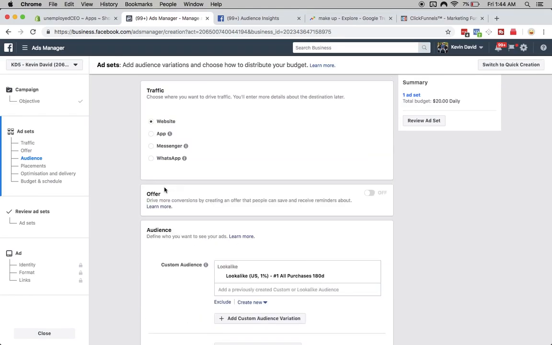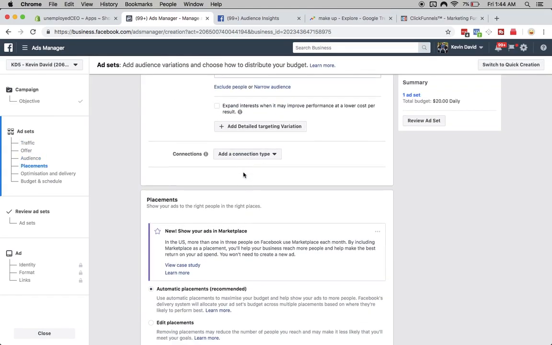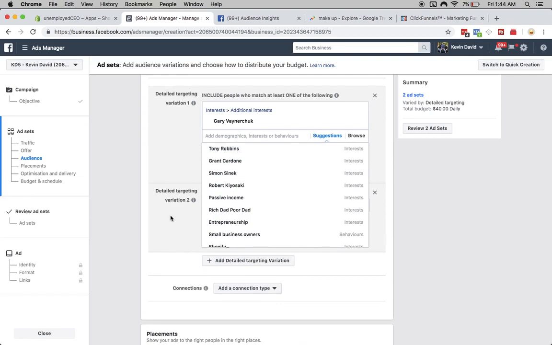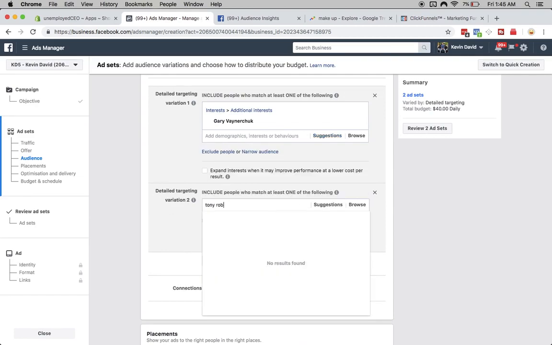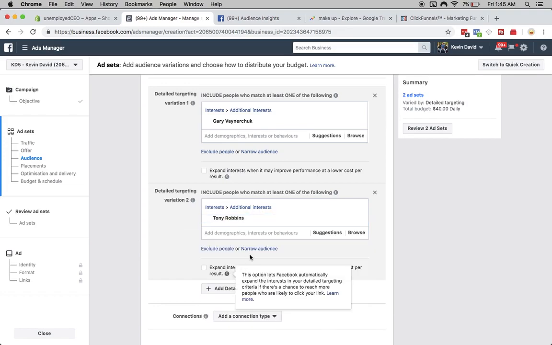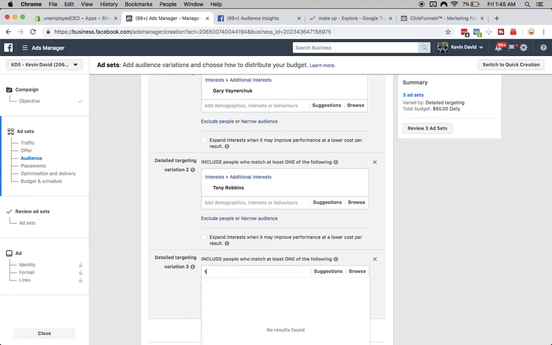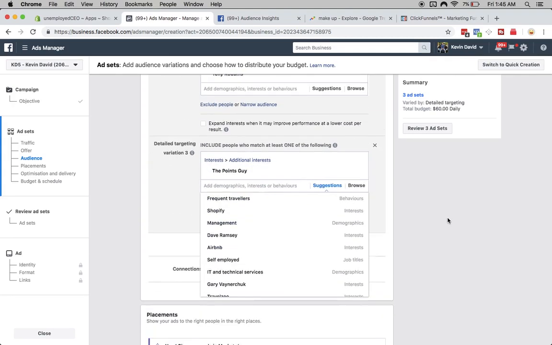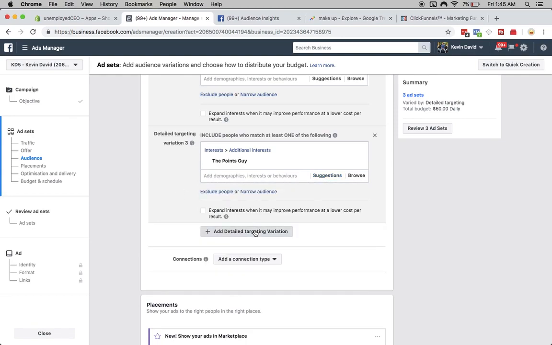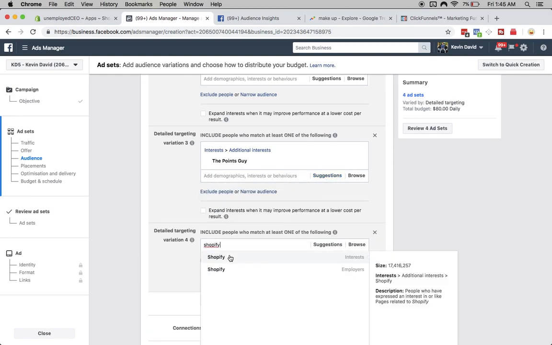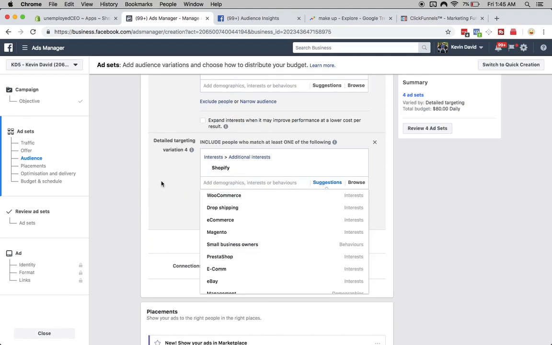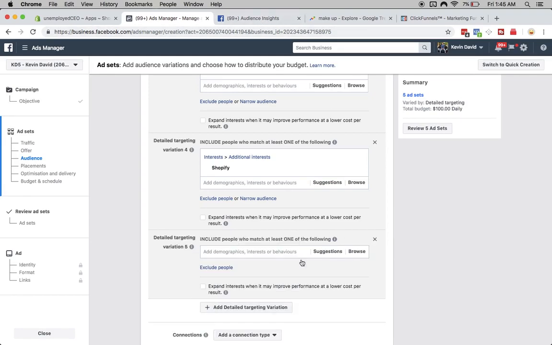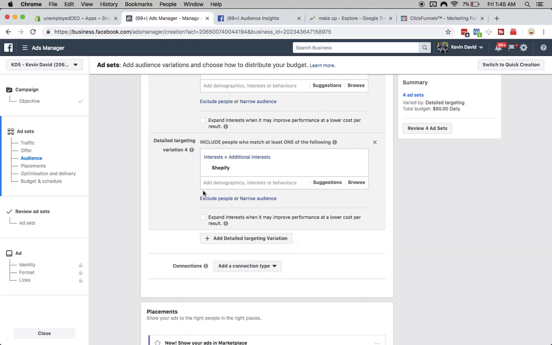Gary Vaynerchuk, and remember guys, we chose create multiple new ad sets here for a reason because we want to be able to take advantage of this tool right here, add detailed targeting variation. So we're going to do Gary Vaynerchuk, we'll try Tony Robbins, right? We can do another one, we can do The Points Guy, right? And I always like to use suggestions here, so Shopify is similar, so we can do Shopify. Suggestions again, dropshipping, e-commerce, WooCommerce, right? And so basically we build out all of these, as many as we wanted,